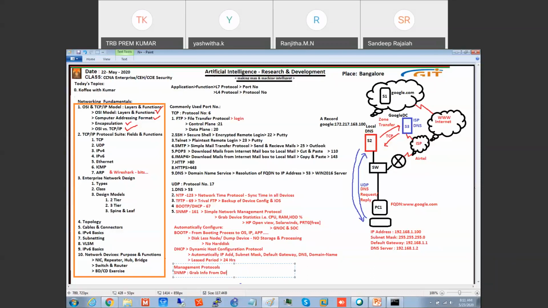Now, the other important protocol is syslog. What will syslog do? Syslog means system log. In the system, we can configure the logs and store them locally and remotely. You can set up the configuration in syslog. For example, when somebody logs in or logs out, it will give you a log: this user has logged in, this user has logged out. That log is stored locally, or you can store it remotely in a syslog server.